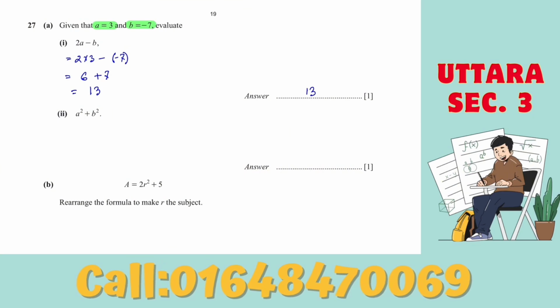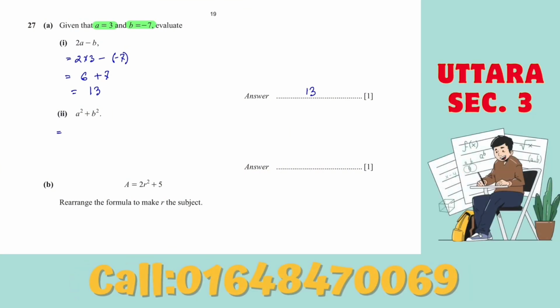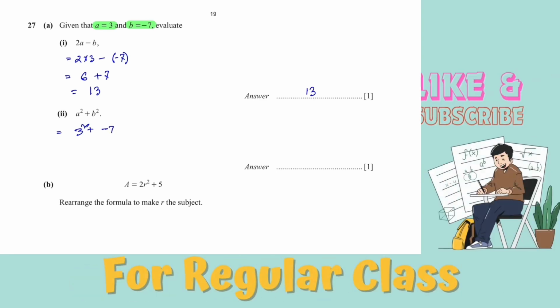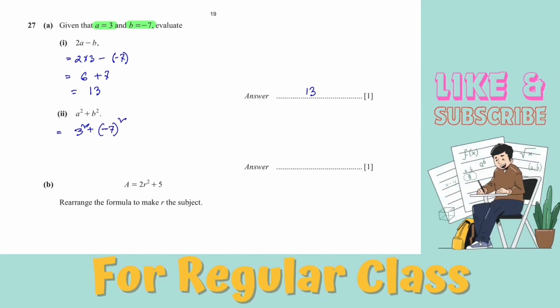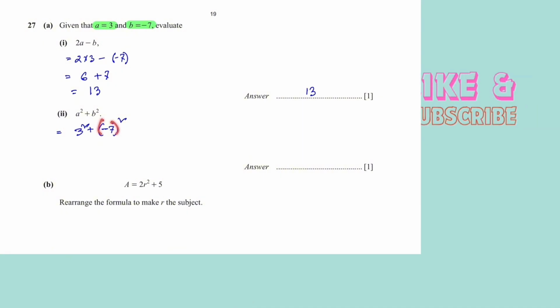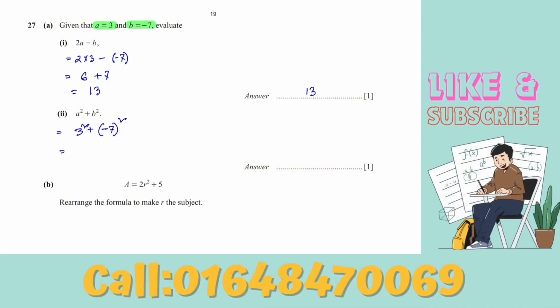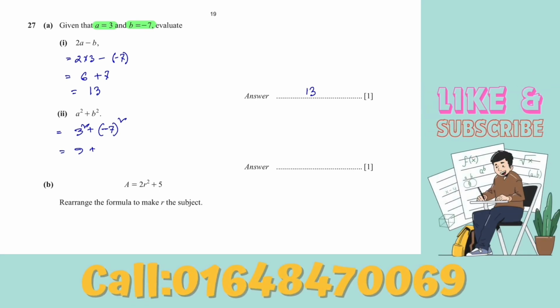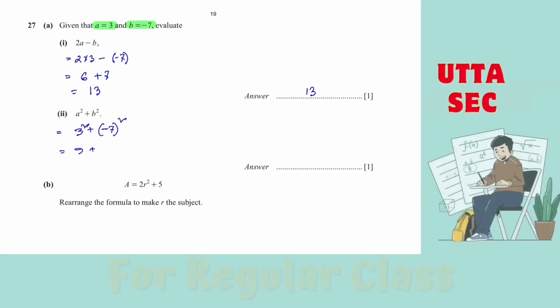And the second one is a square plus b square. Okay, what it will be, the value of a is 3, so 3 square, and value of b is minus 7, so minus 7 এর উপরে square. You must need to use the bracket over here. Okay, so the final answer will be 3 square means 9, and minus 7 এর উপরে স্কয়ার করলে কি হয়